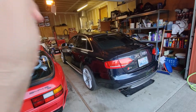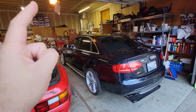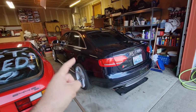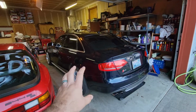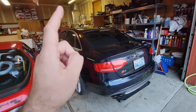So we actually have an appointment to have that done at a shop, because as you see here, I have no lift, and the trans on this thing is a bear. So we are going to let a shop do that one. We are putting in a South Bend clutch, the Stage 2 Endurance, because that's what we need for Project Audi. So unfortunately, she's going to miss Maryhill. Not going to have a whole lot happening with this until that clutch gets done at the end of October,